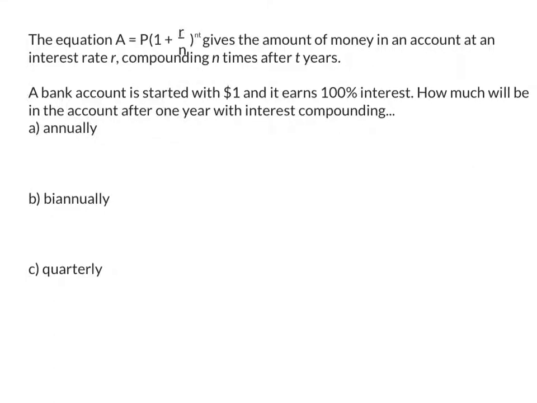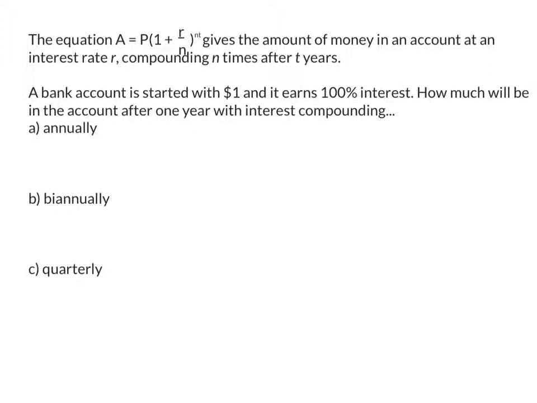Hello, in this video we're going to be talking about continuous compounding interest. So what I want to do first is look at our equation A equals P times 1 plus r over n, raised to the nt power. This is the equation that we use to calculate compounding interest. And you can see what the variables are there. P is your principal, r is your interest rate, n is how often we compound, and t is time in